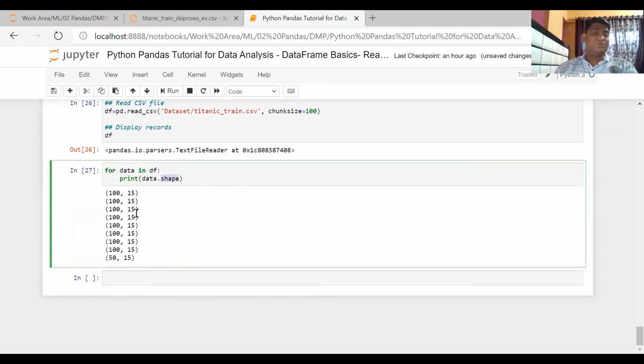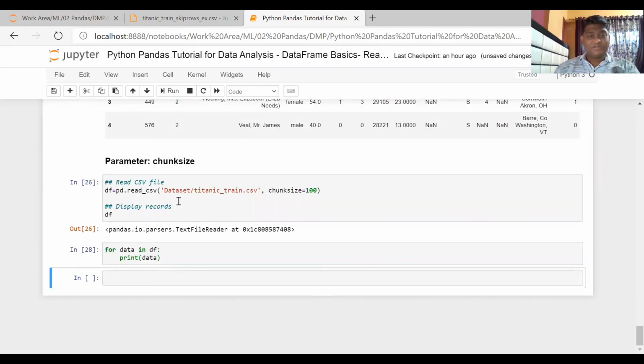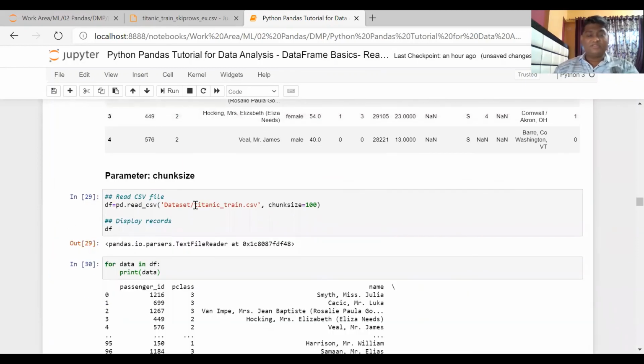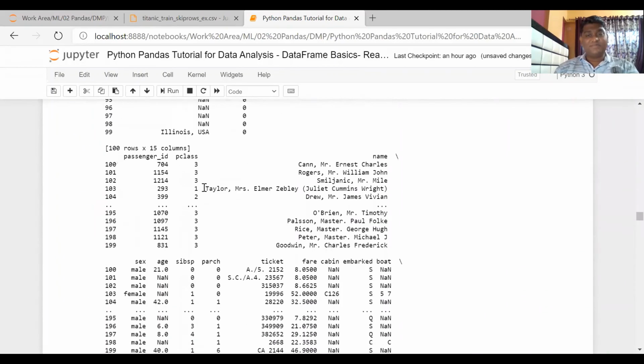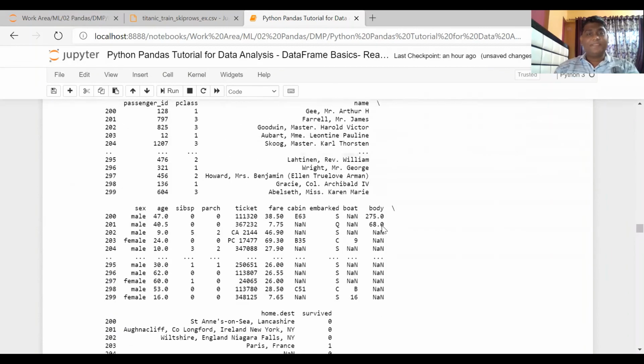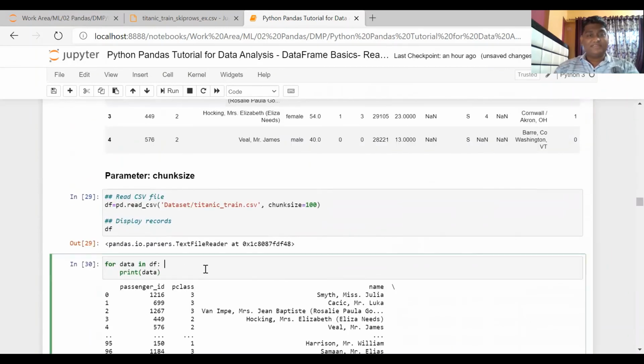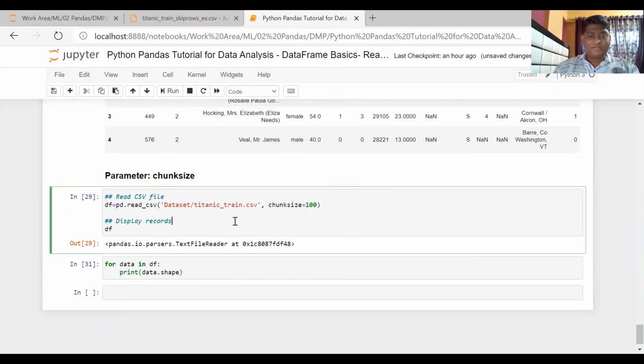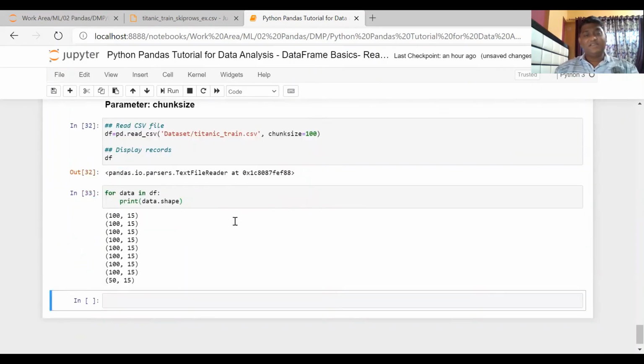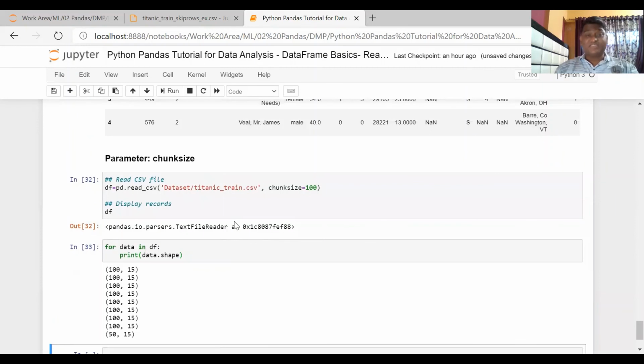So this is the shape you are going to get. Suppose you want to see the data, you can see the data also. Yes, this is how you will see the complete data. If you print that, you will get this data. So this is your chunk size parameter.